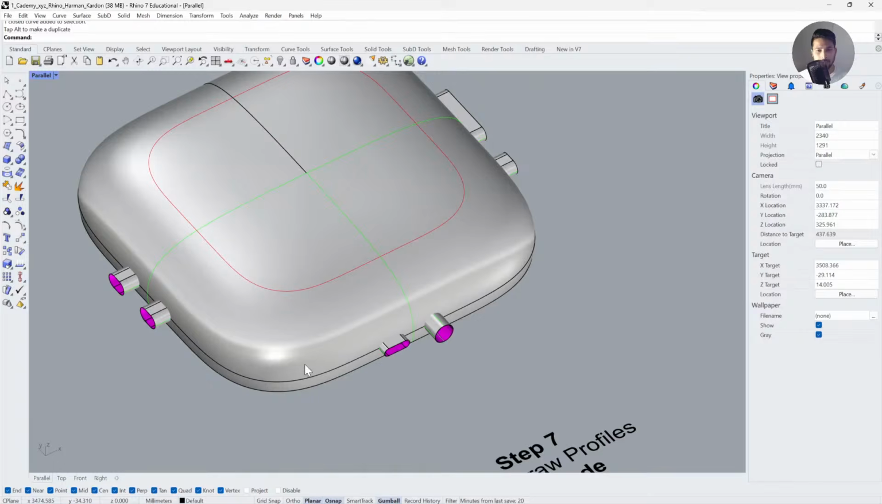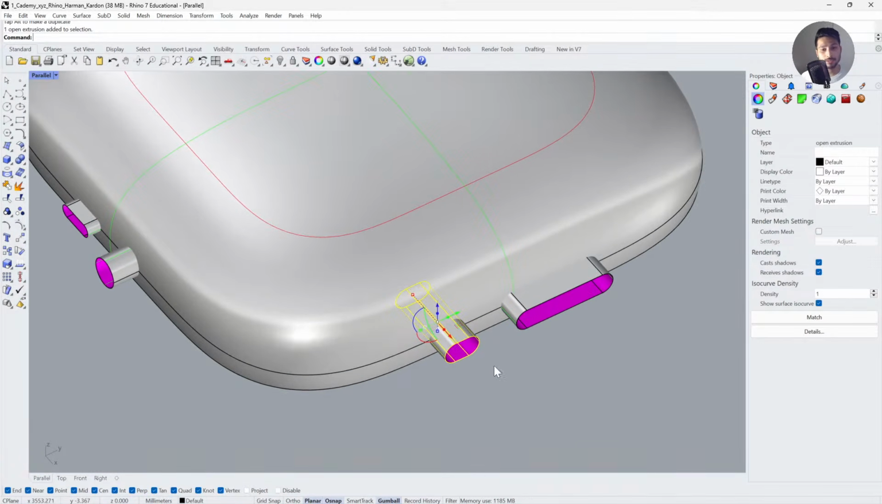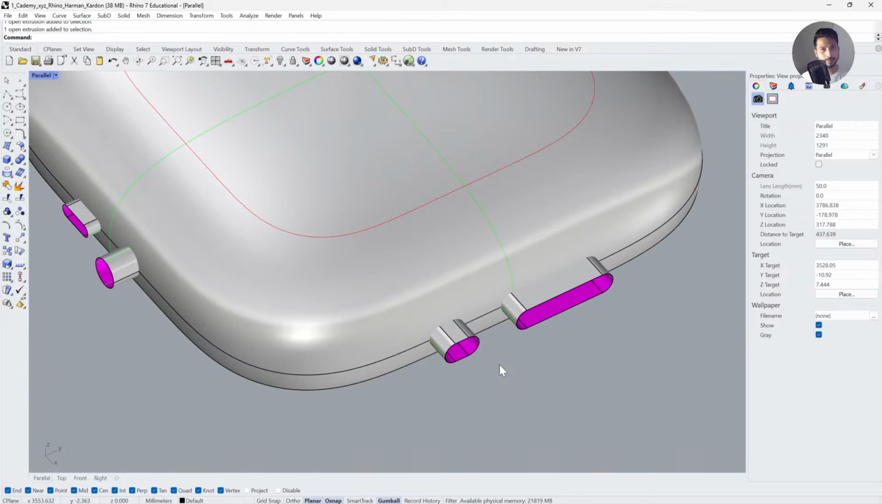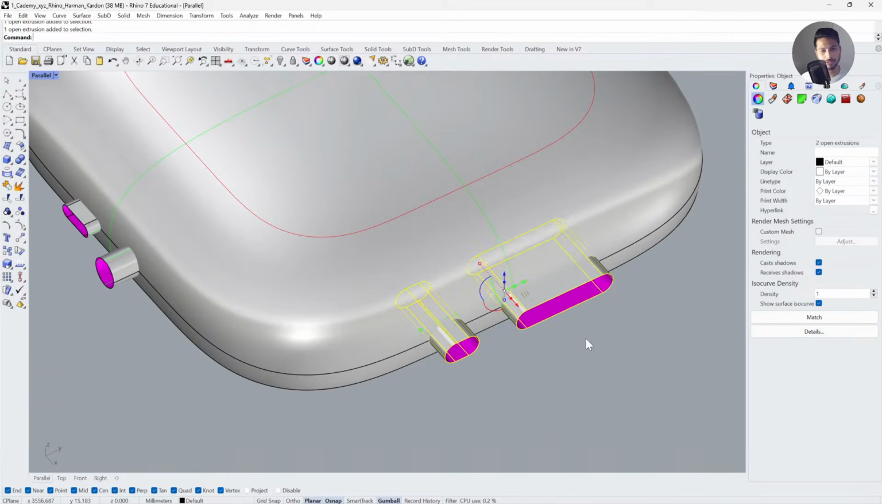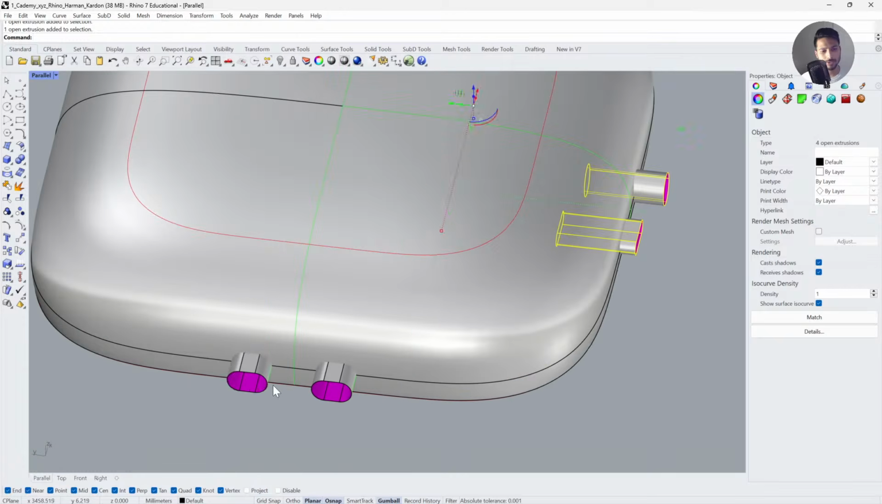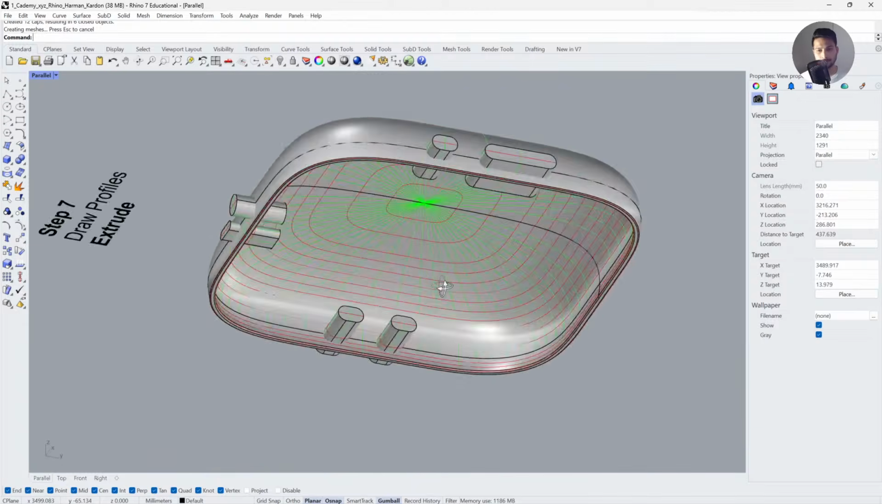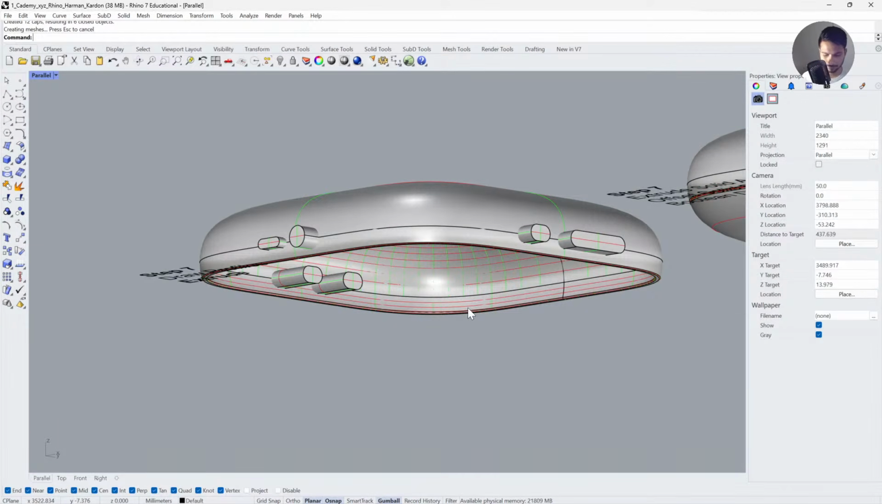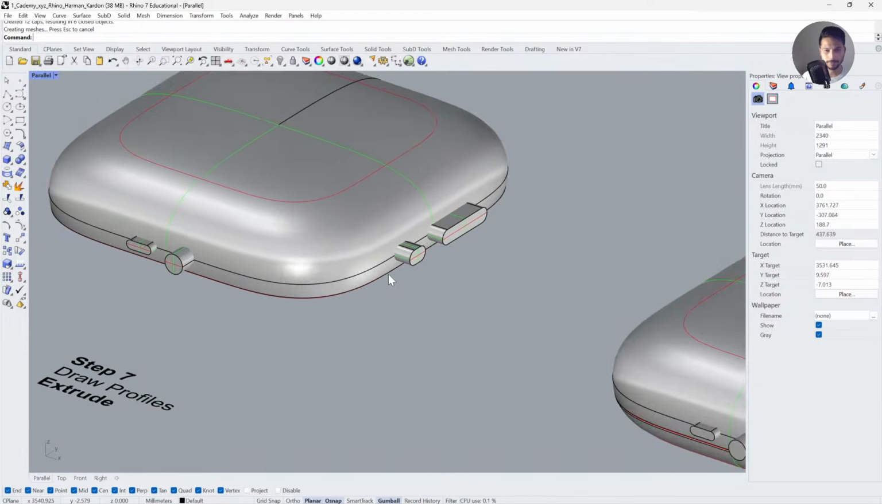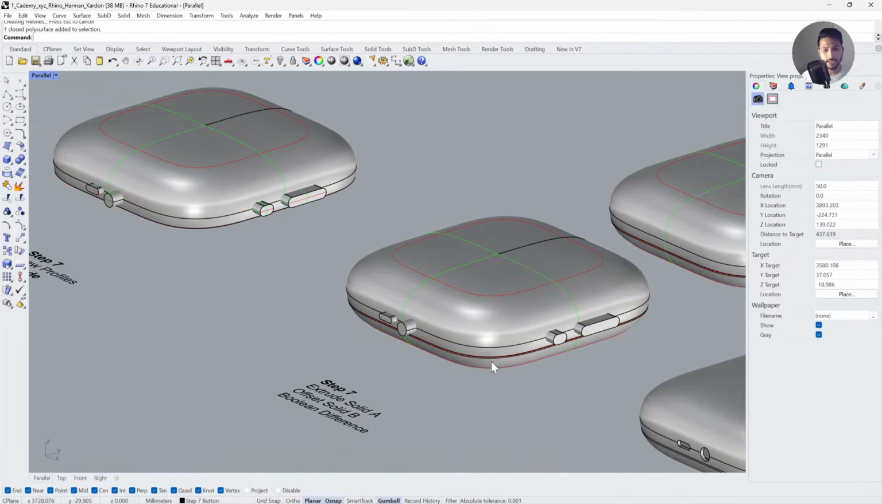Now it's not necessary to make these shapes solid. However, we will be doing one more step, so it's better we convert these shapes into solid. You can do that by capping them all together. Cap. Now once we have the cap,